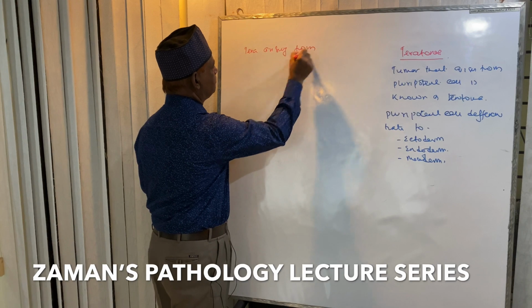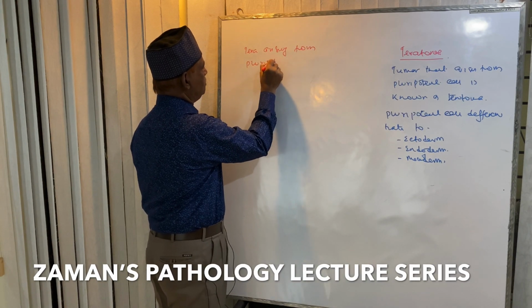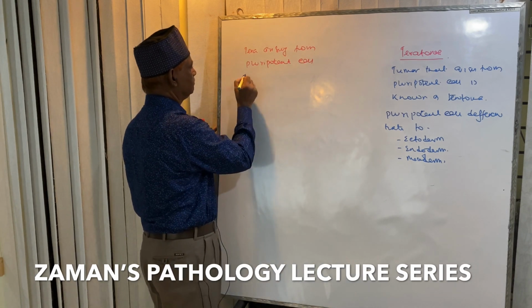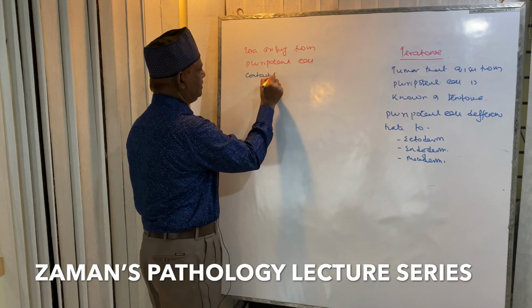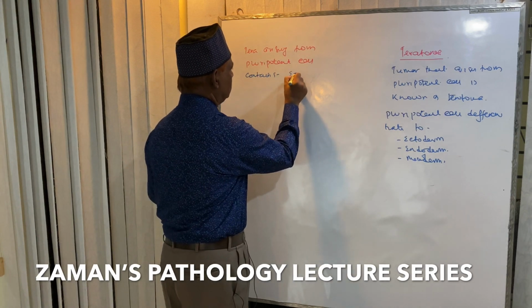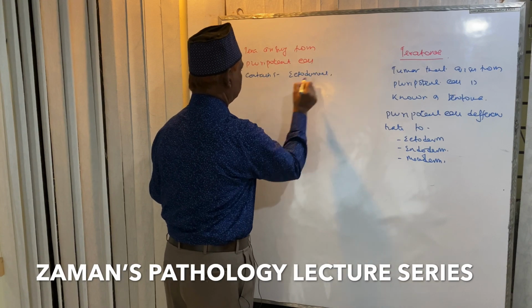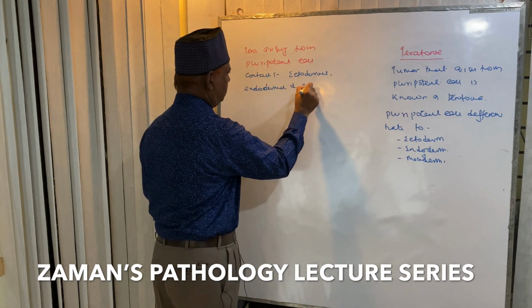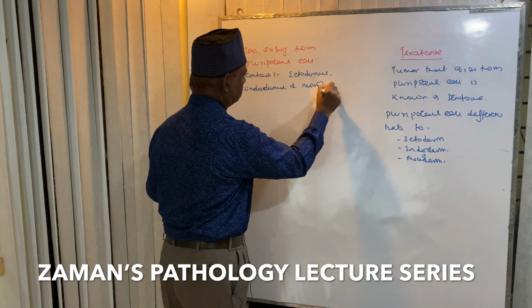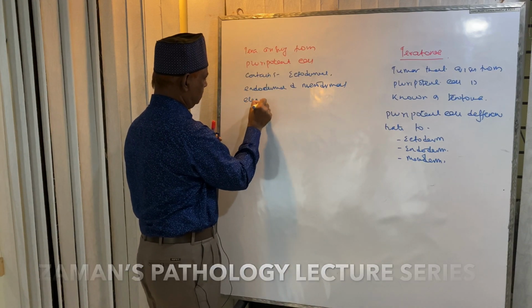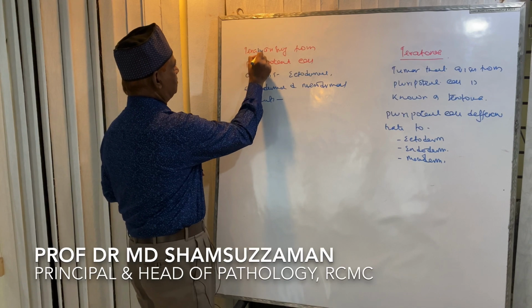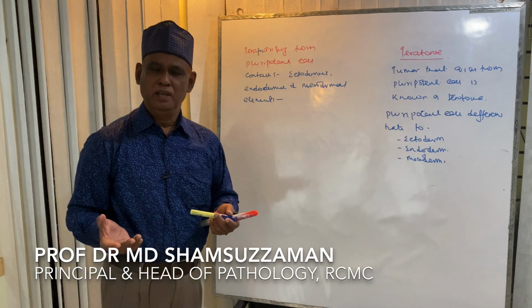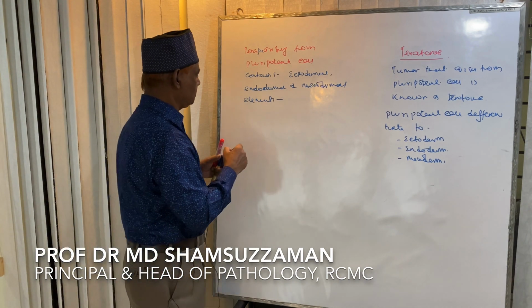Teratoma arising from pluripotent cell contains ectodermal, endodermal and mesodermal elements. Again, teratoma arising from pluripotent cell contains ectodermal, endodermal and mesodermal elements like